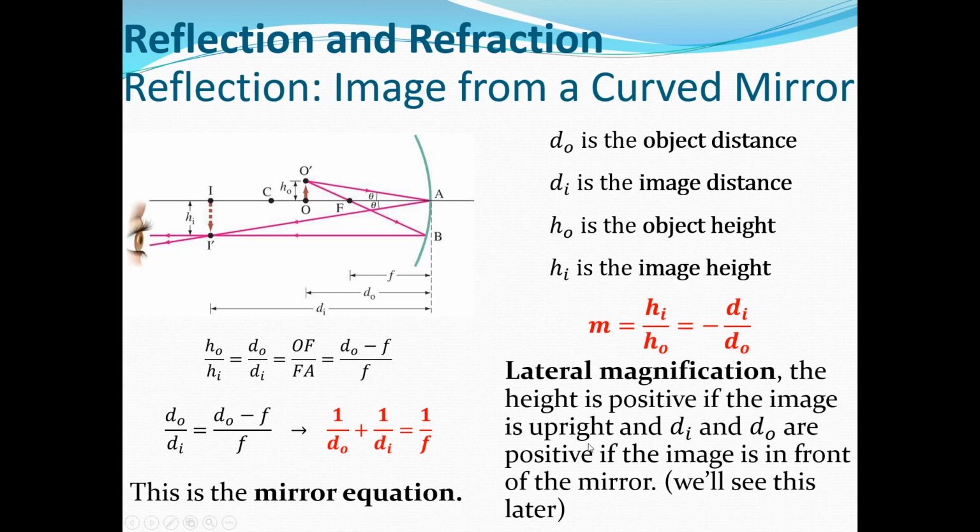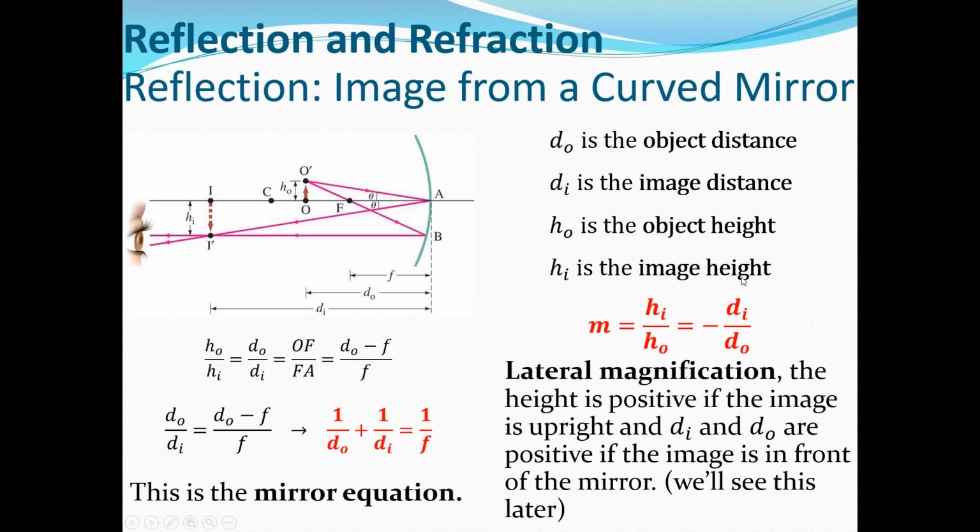One thing I want to note is about the sign conventions. If the height is positive, so the image's height is positive, that means that the image is upright. So this image here in this diagram would actually have a negative height because it's inverted. And then